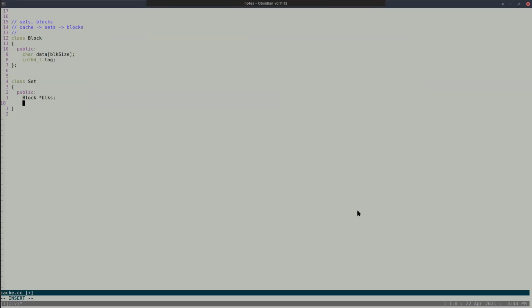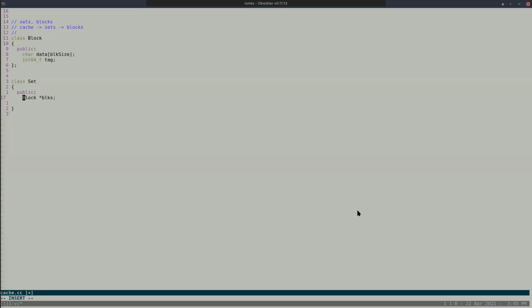All I am saying is a cache will have a number of sets, like the example that you saw. If you remember the L2 cache we saw, it had 2 sets, and each set had 2 blocks in it. So that's the way I am coding it, using the same concept.